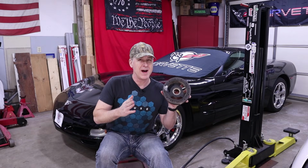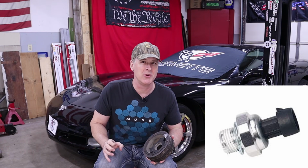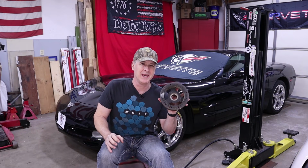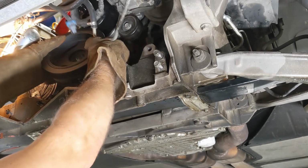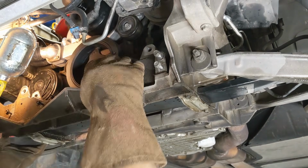The C5 Harmonic Balancer, with the exception perhaps of the oil pressure sending unit, this very well could be the least reliable stock GM part on your Corvette. Now, I've replaced a few harmonic balancers on C5 Corvettes, and in my opinion, it's not that bad of a